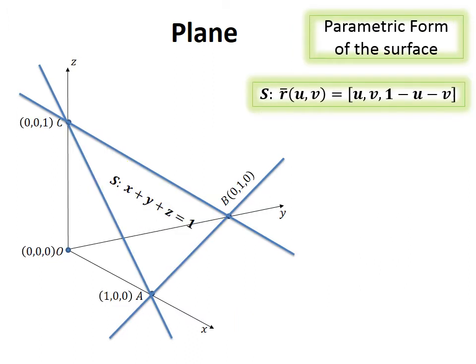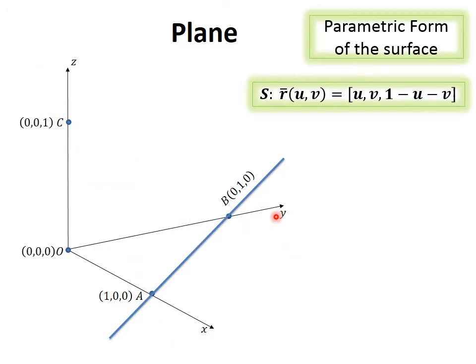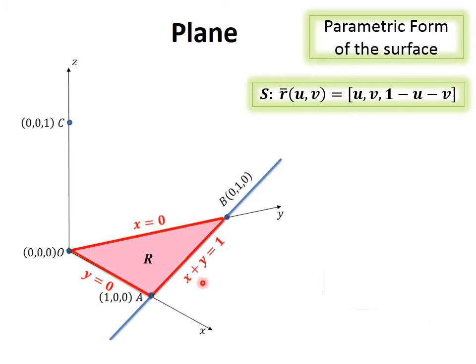Now we are going to see how to fix the bounds for u and v in the uv plane. Here the uv plane is nothing but the xy plane, because we chose x as u and y as v. So we are going to see the projection of this surface in the xy plane. The bounds for the region are x equal to 0, y equal to 0 and x plus y equal to 1. So the xy plane is transformed as the uv plane. So the vertices for the bounds are 0, B and A.